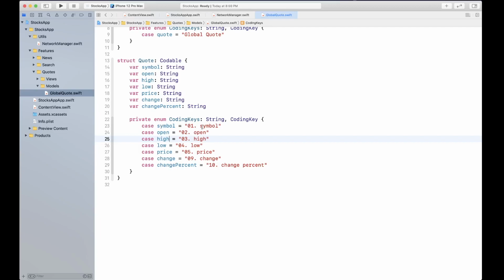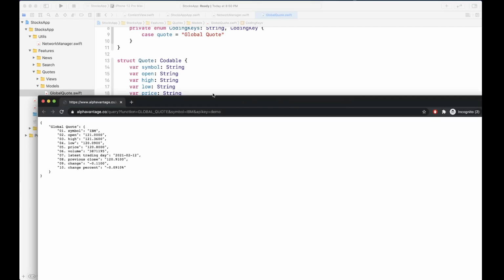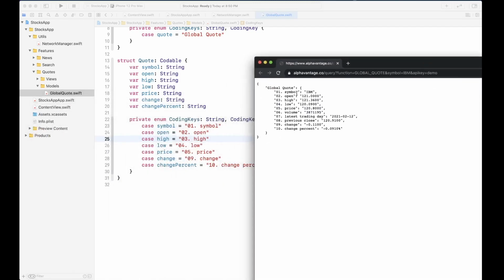Okay, so that's good. This is what I am referring to. So I'm referencing this: 01 is symbol, 02 is open, 03 is high, 04 is low, 05 is price, 09 is change, and 10 is change percent.